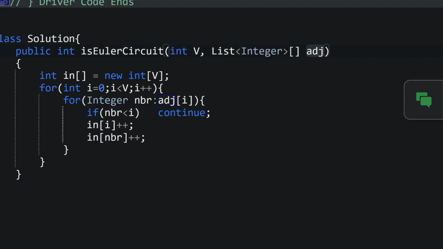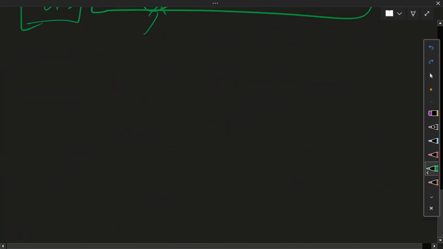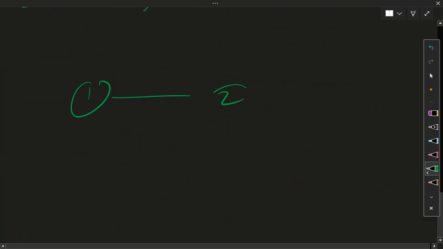So we have this condition. If neighbor is less than current node, we only need to mark once. We will consider an edge only once. So let's say we have an edge from 1 to 2.